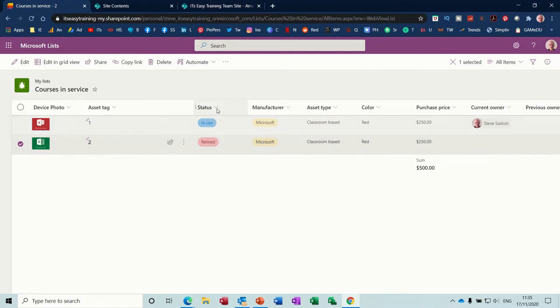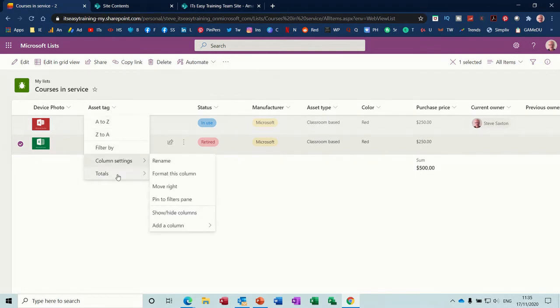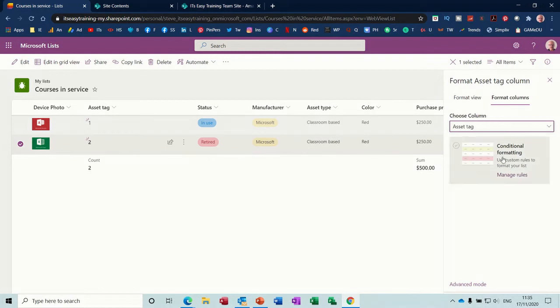So depending on which columns you choose, some columns you've got figures in, so you've got the totals option there, so you can count the number of assets, and other columns you've got format columns. Conditional formatting wouldn't really apply on that column. There's not a lot you can do there, but you've got it on there. Manufacturer you could probably do it for, and other things. If I go back to a different list,